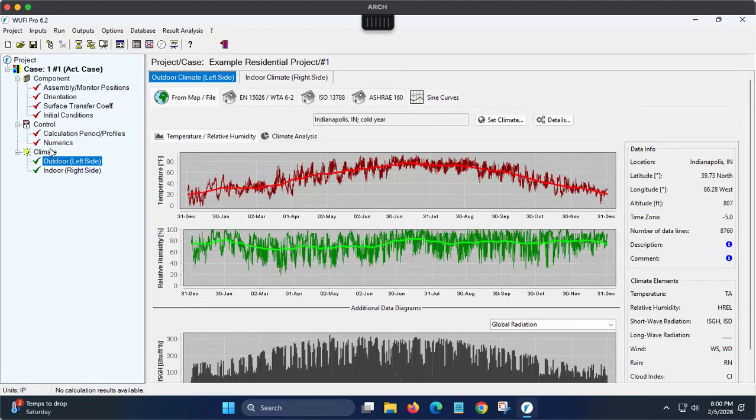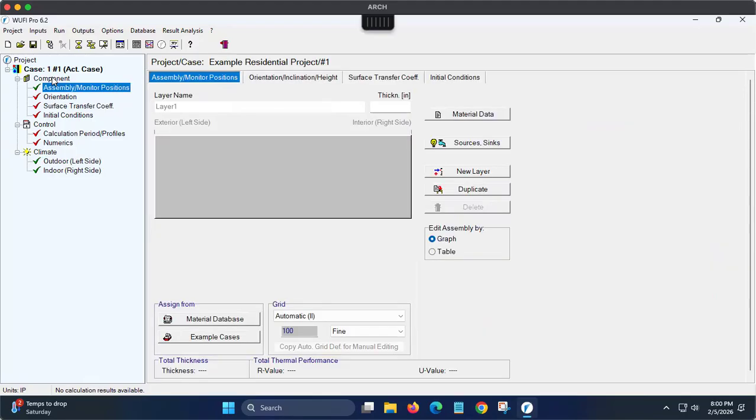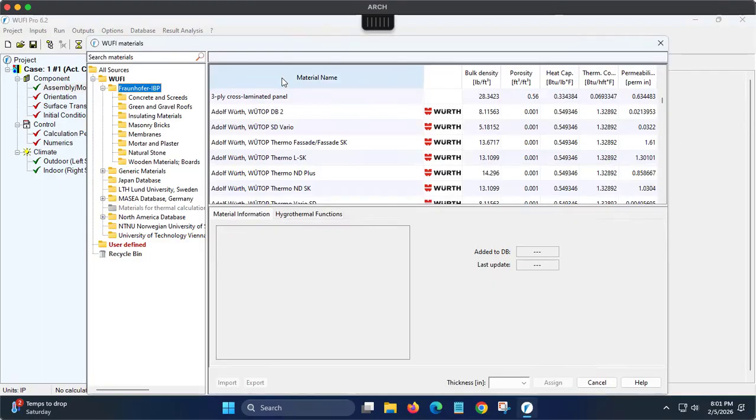Okay, so now I'm going to go up here to component and I'm going to look at my assembly. And right now you get a window that looks like this in a big gray rectangle. We have not defined anything yet. I'm going to go to my material database and I'm going to assume right now I'm going to define a basic residential wall assembly. So when I go to define my initial layer, you can see the WUFI material database,